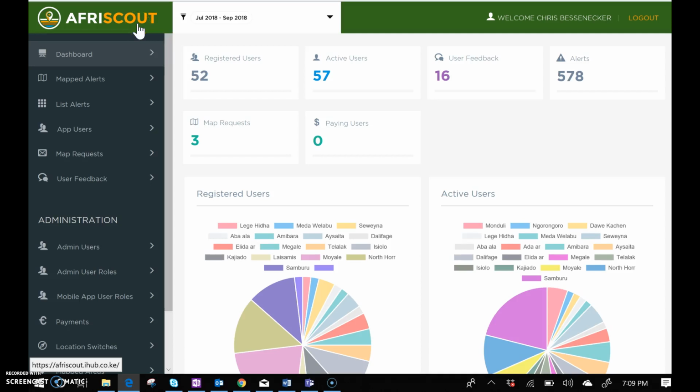Hey everyone, wanted to show you some new and enhanced features of our AfriScout dashboard. Now this is going to accompany the new release of the app that comes out in October 2018. The dashboard is really designed as a management tool for staff and administrators with features to provide back-end support to